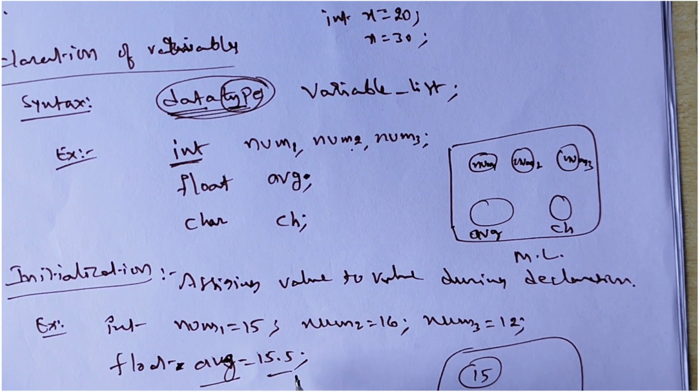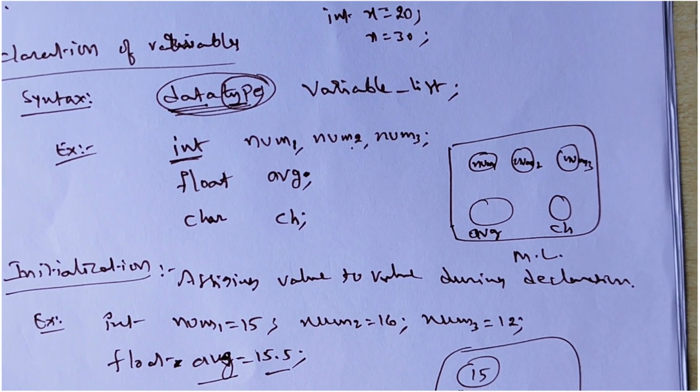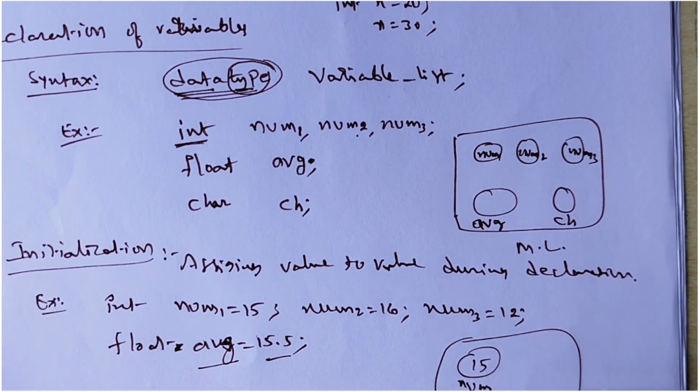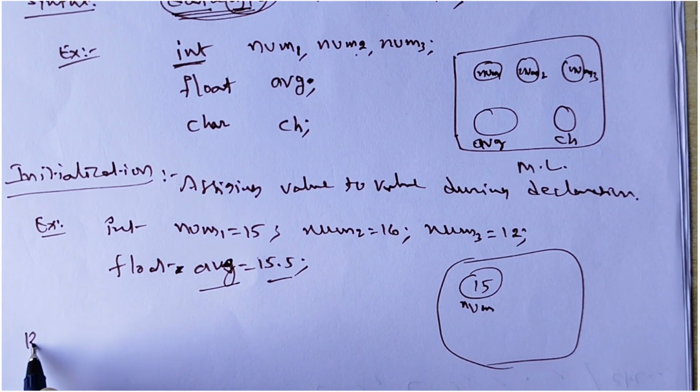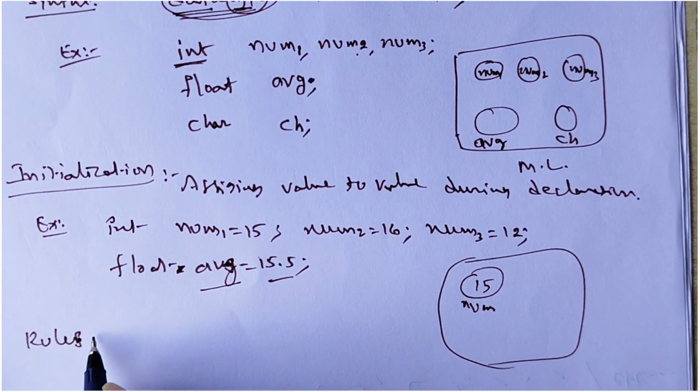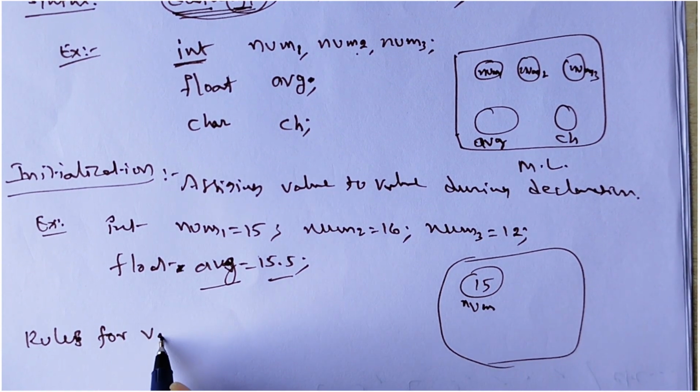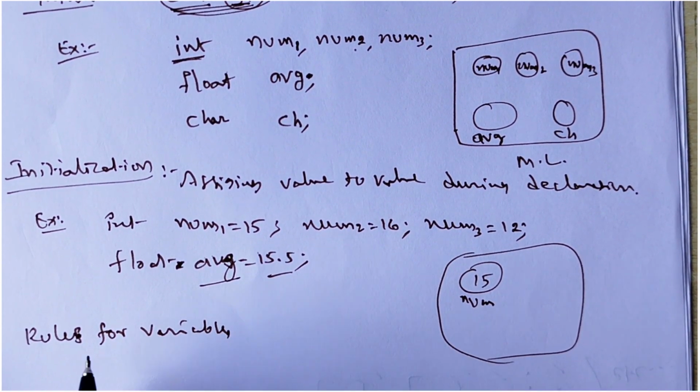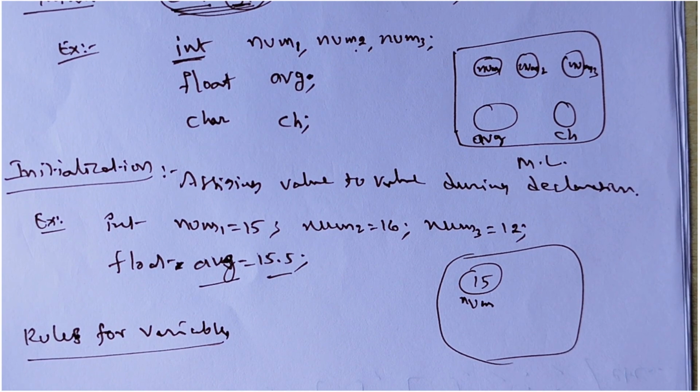What is the value here? 15.5. And rules for variables. Okay, whenever declaring variables, there are several rules we have to follow. What are the rules we have? Rules for a variable. What are the rules I have to follow? The first rule is